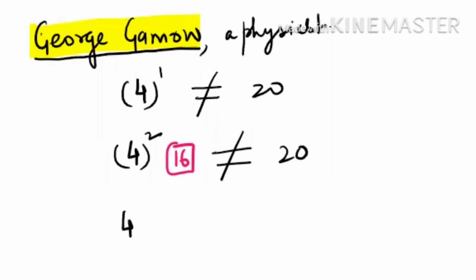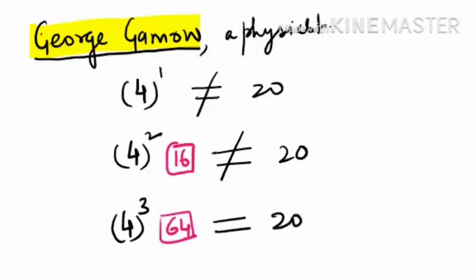Then they made a set of 3. A set of 3 gives nearly 64 types of possible combinations, and that is what works for 20 amino acids. So finally they got an idea: it is a set of nitrogenous bases that is responsible for coding the information in the form of the sequence of amino acids. And they said this set of 3 is one codon.